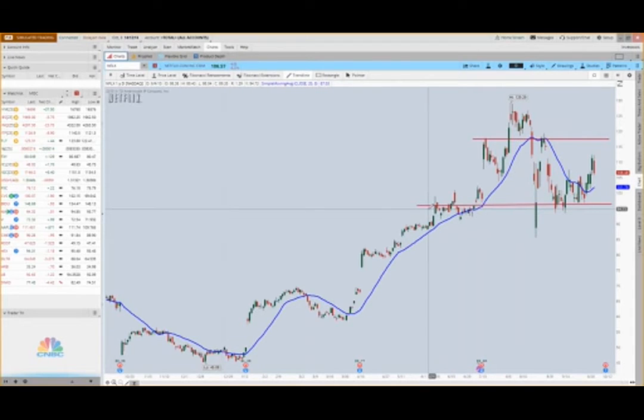Now, a few keys that you want to know about and remember about here is, number one, you do not want to get exercise on butterfly spreads. So at expiration, if you are in the money on any part of those spreads, you want,